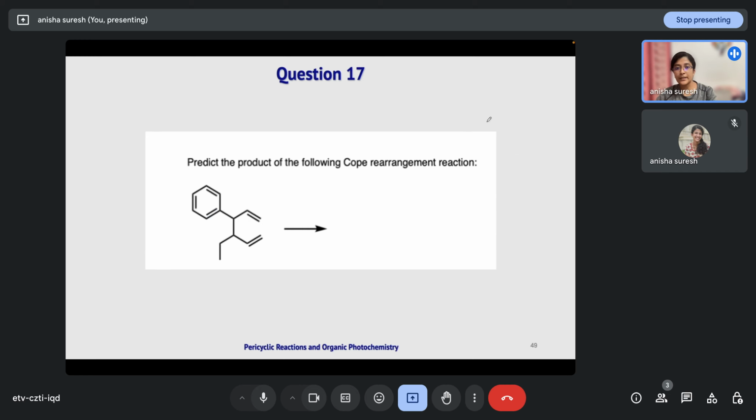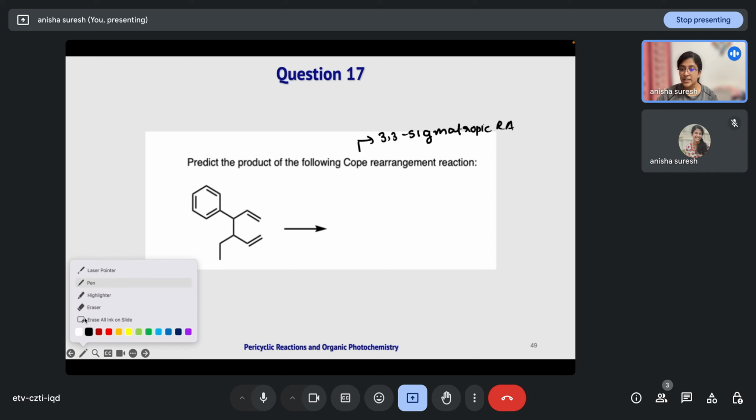Now coming to question number 17. So this is also an example of Cope rearrangement, that is 3,3 sigmatropic rearrangement. Here the starting material is given and they have mentioned that it is undergoing a Cope rearrangement. What is the product that will be forming here? 3 2 1 3 2 1. It will undergo a Cope rearrangement, and the final product that will be forming is,